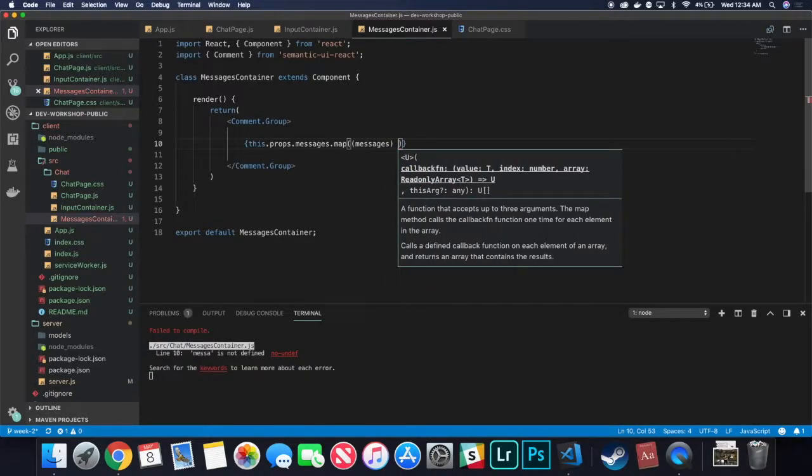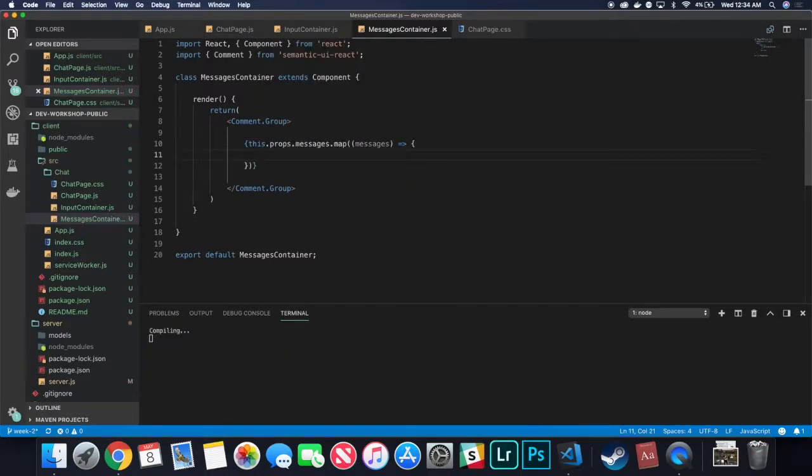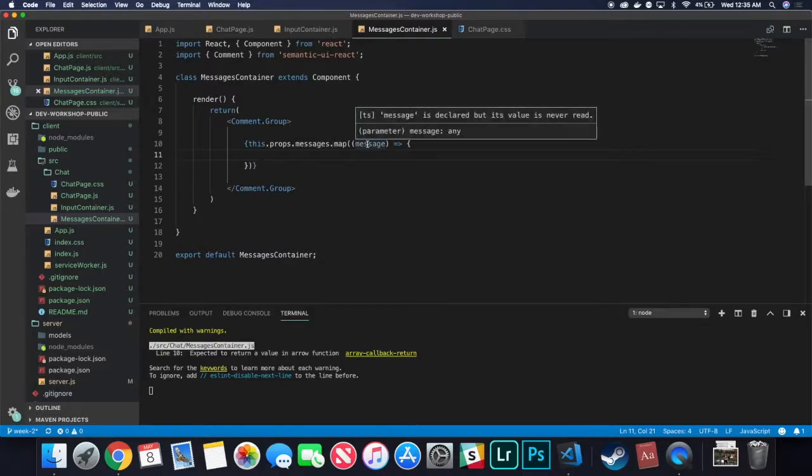If I were to read this, I can just say for every message inside messages, I want to do something. It is as simple as that. It's just a fancy way of writing a for loop. So what I want to do is that for every message inside messages, I want to return